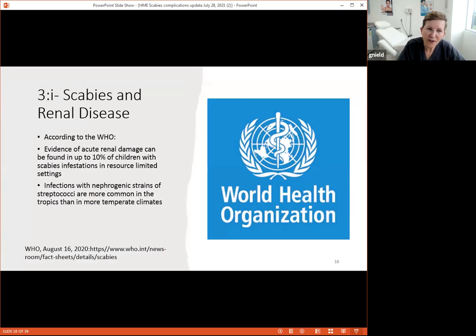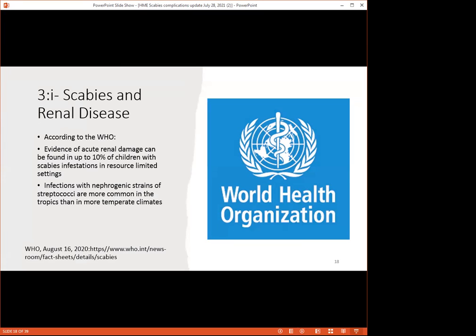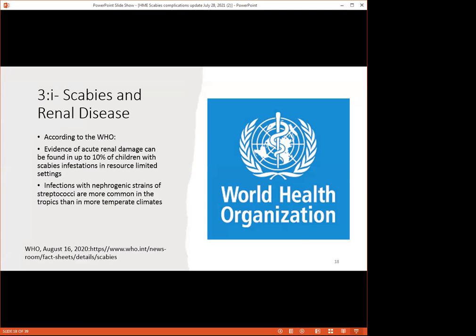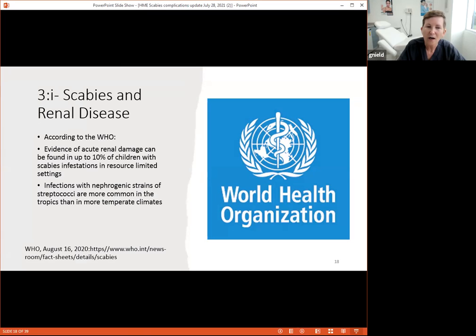So, according to the World Health Organization, evidence of acute renal damage can be found in up to 10% of children with scabies infestations in resource-limited settings. Infections with nephrogenic strains of streptococci are more common in the tropics than in temperate climates such as Canada, where